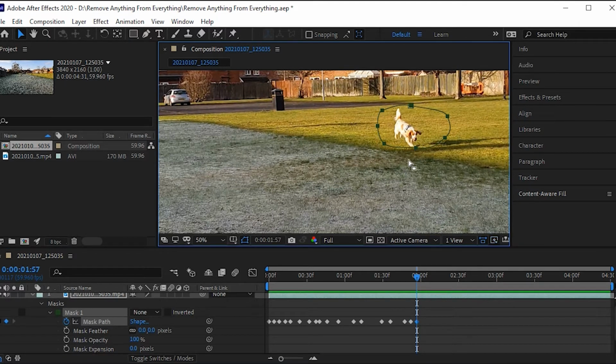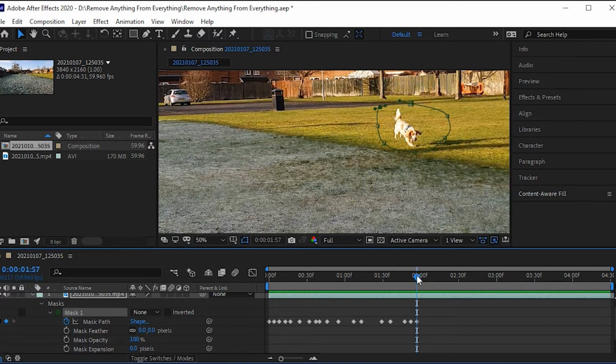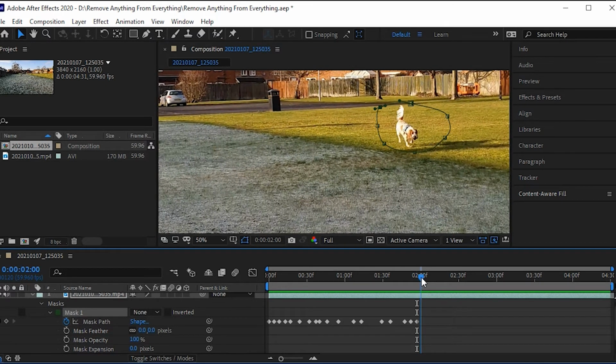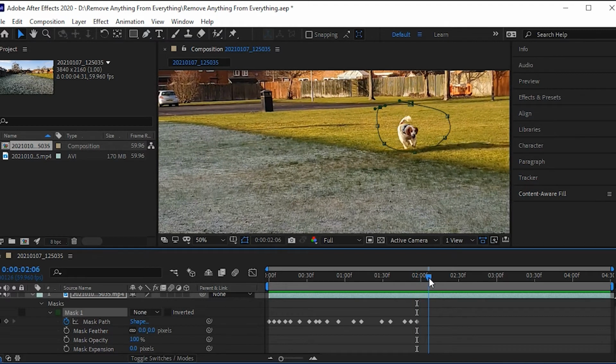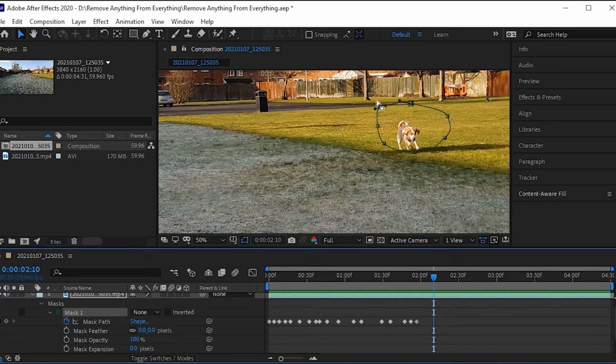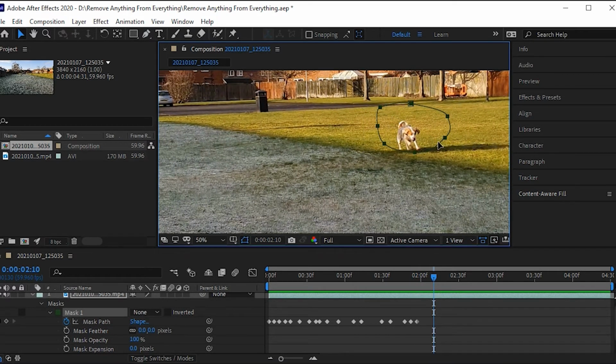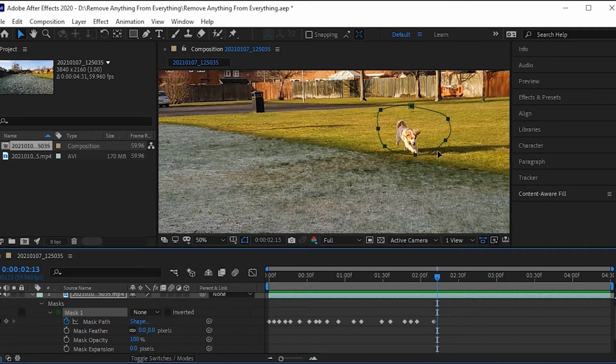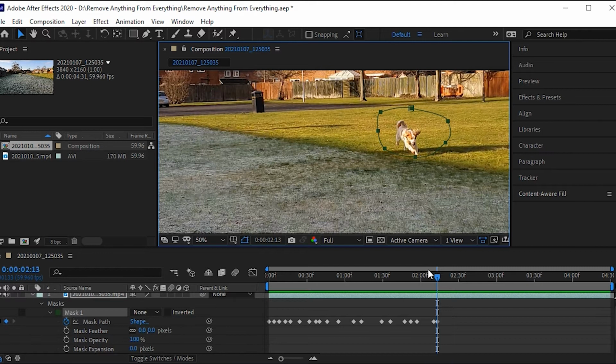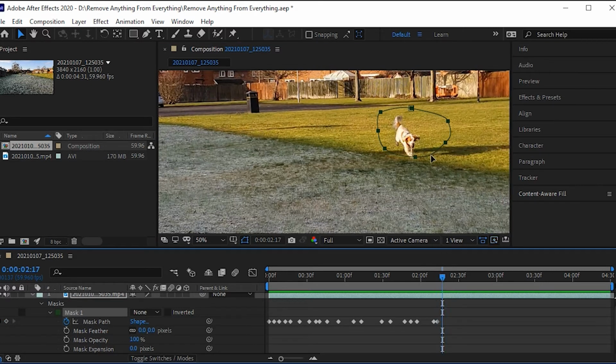So I'm going to get this here and make it a little bit bigger, and make that a little bit bigger, and this a little bit bigger. This is just to make my life a little bit easier, really. So we can see the tail's definitely still inside. Okay, I'm going to select it all again and move it down a bit, and down a bit again, because I saw a paw come out there.